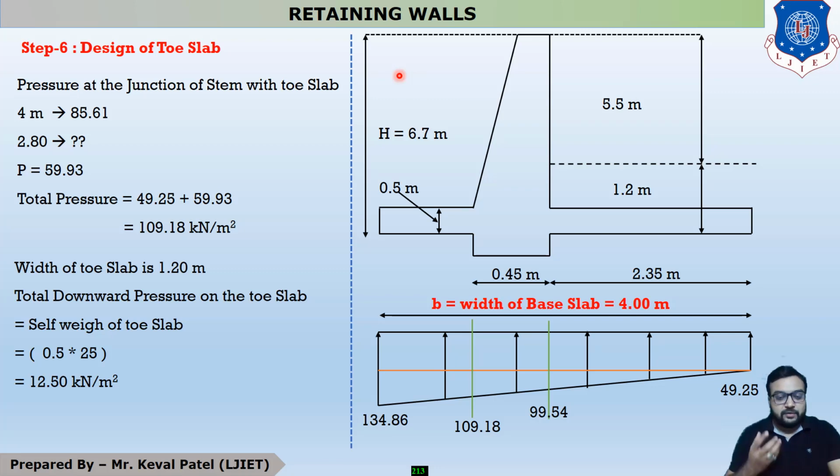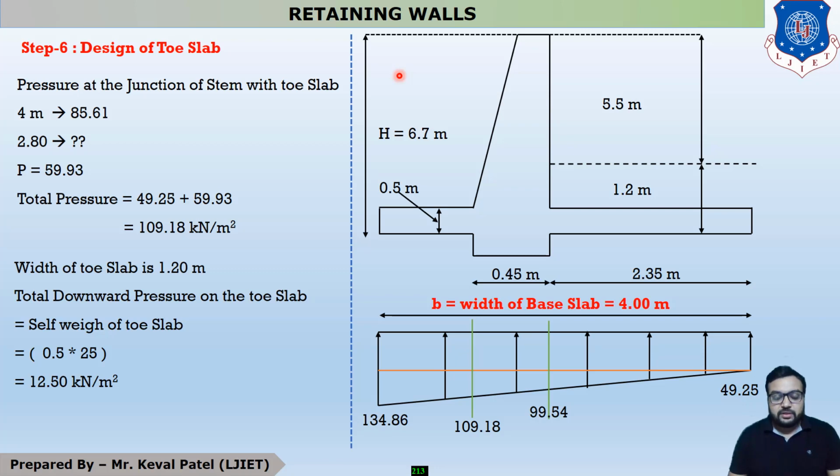And with the help of the net pressure diagram, we will find out the forces. After that, we will find out moments, and after that we design our heel slab component by finding out the PT, AST, spacing provided and AST provided. So this is the calculation of main steel. After that we calculate our distribution steel, which is the minimum steel provided as 0.12 percent of total gross sectional area. So this is the revision of our last lecture.